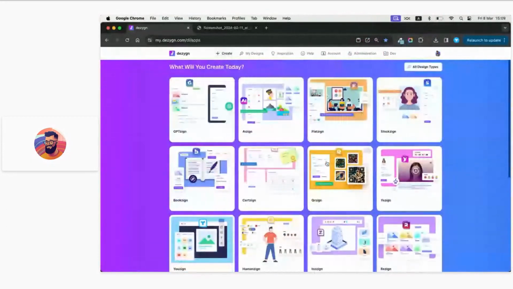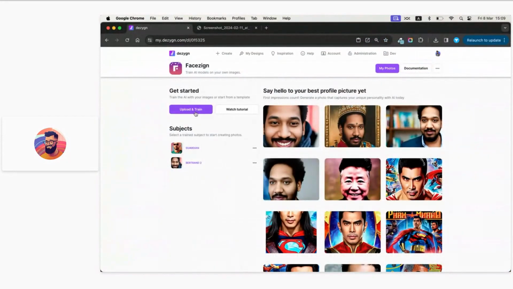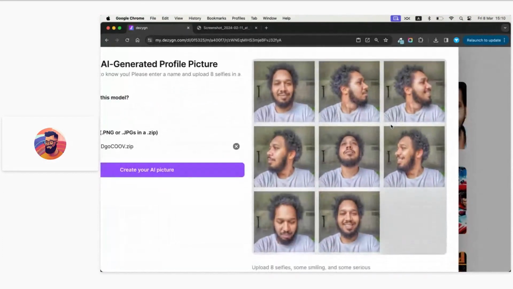So Facezign can be accessed from the Design dashboard right here. The way it works is, first you want to train the AI on your image. The way you do that is by uploading selfies of yourself. That's the best approach I have found, the most consistent. If you have some pictures on your phone which are not selfies, you can also upload them, but I would say for the first 8 pictures, like you can see in the examples on the right here,